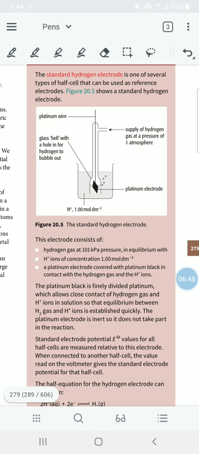Pause the video and draw figure 20.5 and then write down. The electrode consists of